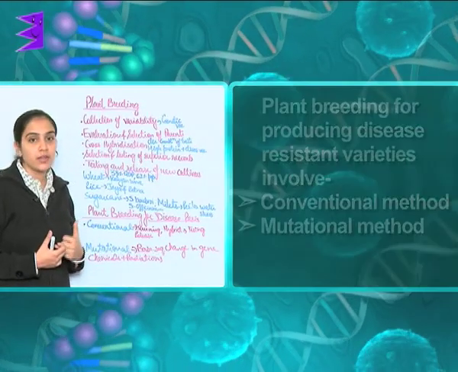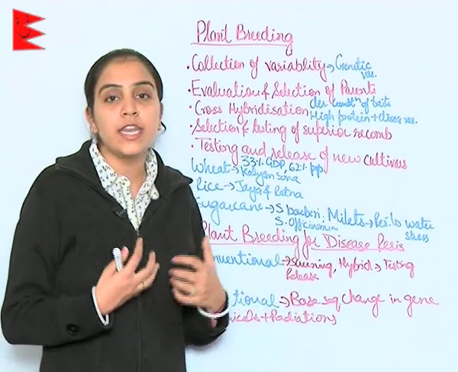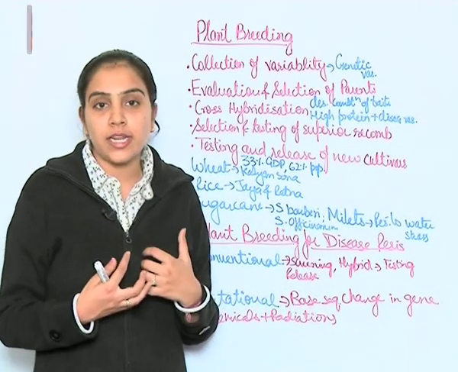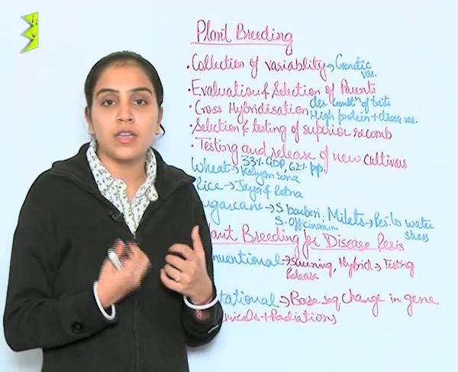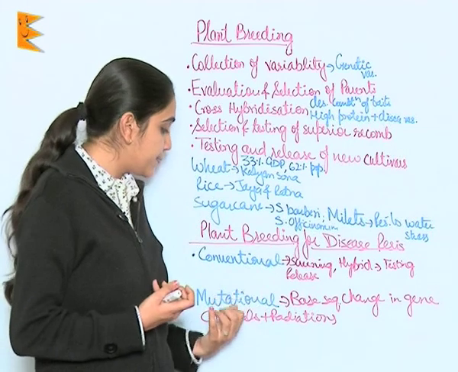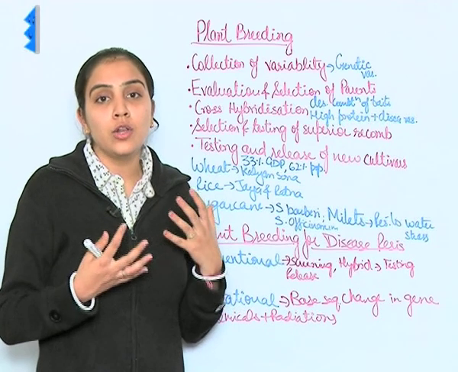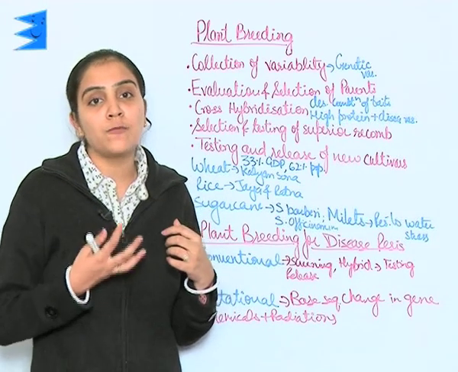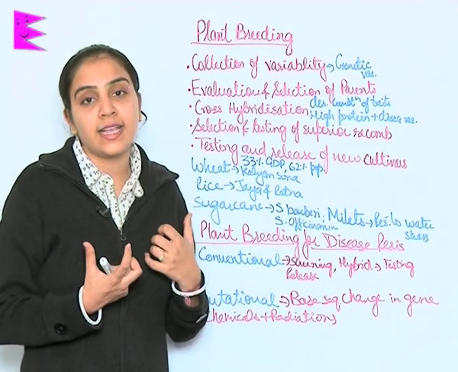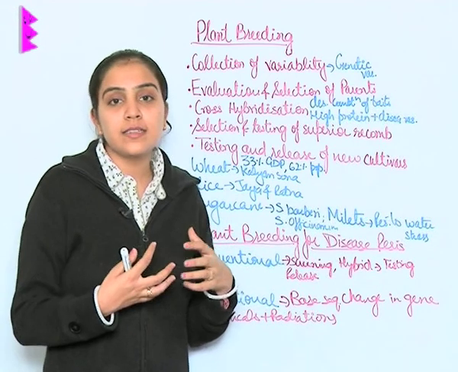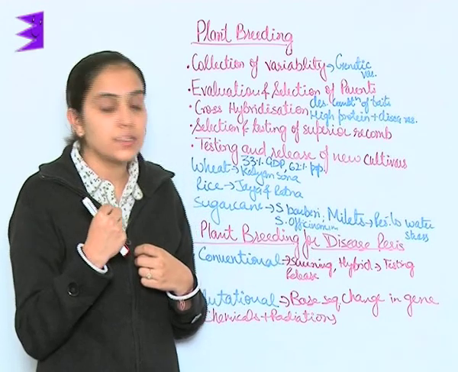The conventional method is quite similar to the conventional plant breeding method, in which screening of parents is done, then their selection and evaluation, then hybridization, then testing, and further the cultivars are released. This normal conventional method takes quite long. We have to wait for the whole season of pollination to collect the pollens, and this process has limited accessibility because disease resistant factors are limited or are selected amongst the plant species.